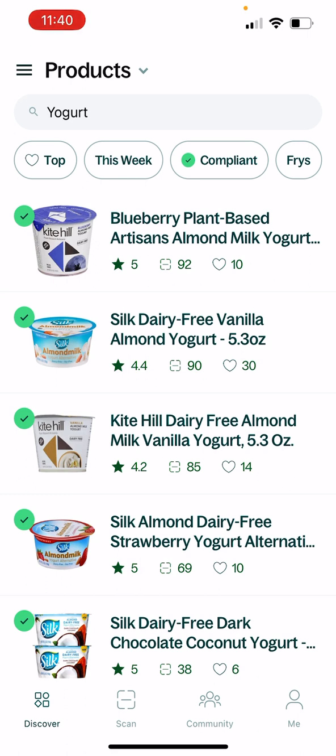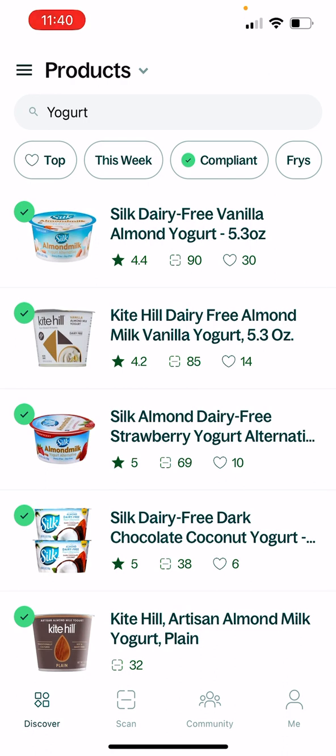So that's what I wanted to show you. That's how to use the Spoonful app. This app is going to revolutionize your low FODMAP elimination phase and really be a huge part of how you're able to fine-tune